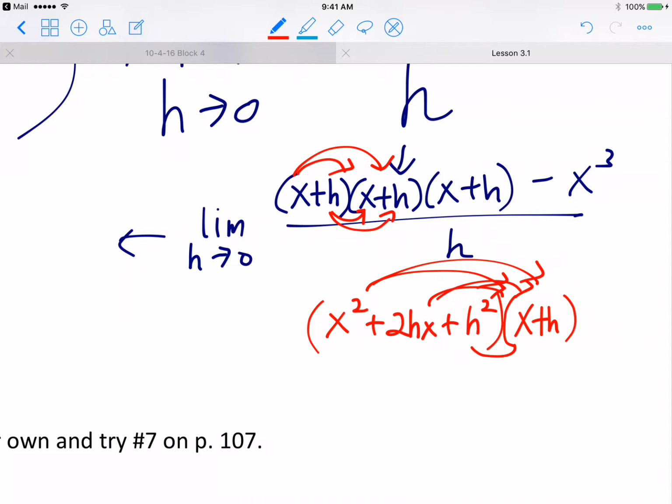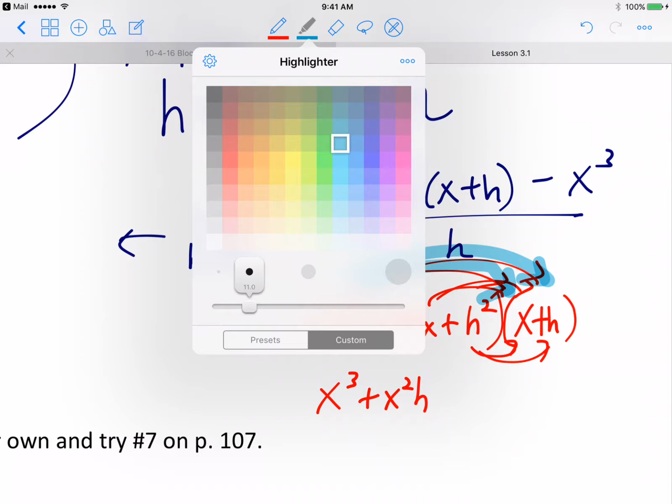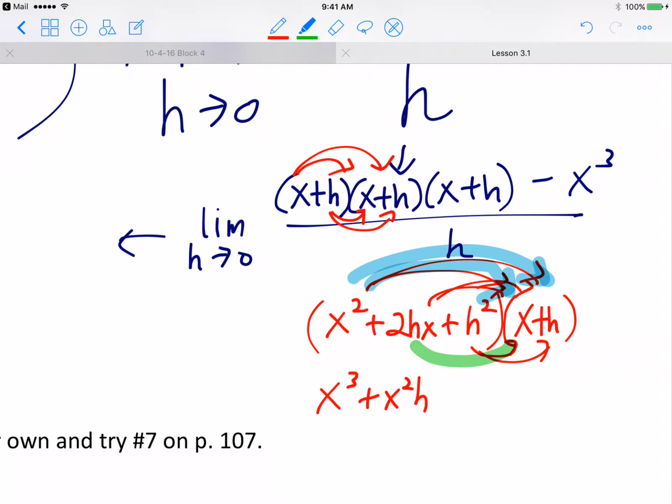So you get x squared times x, which gives you x to the third power. Then x squared times h, which gives you x squared h. Then you get 2hx times x, and then 2hx times h, which gives you 2x squared h plus 2xh squared,